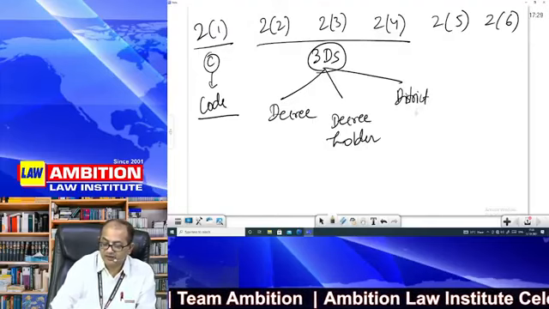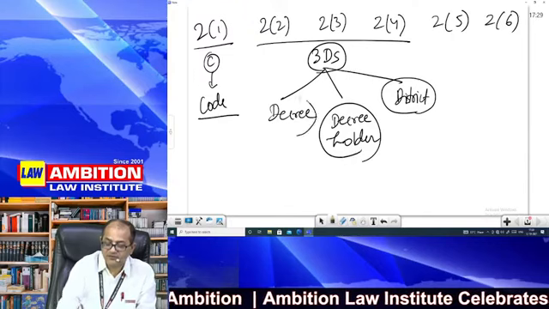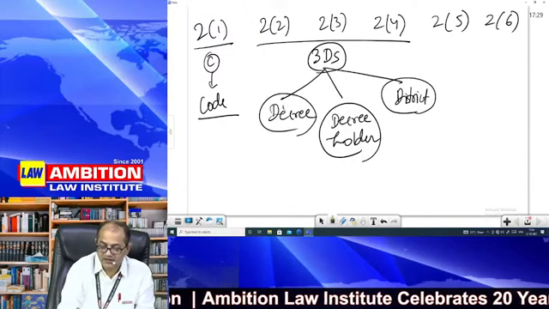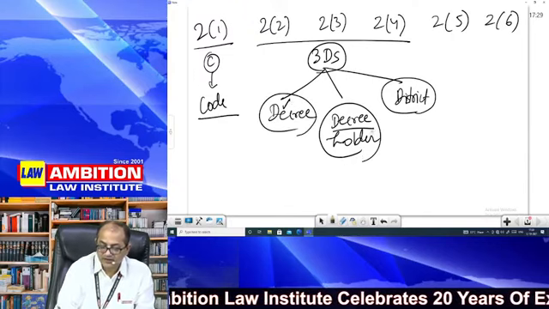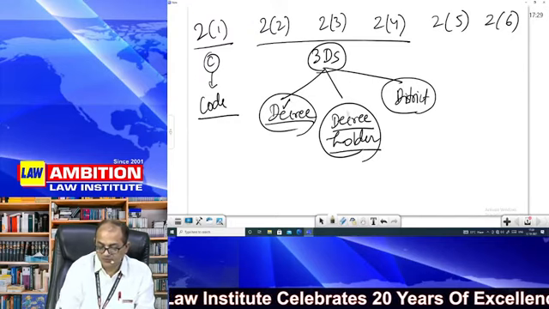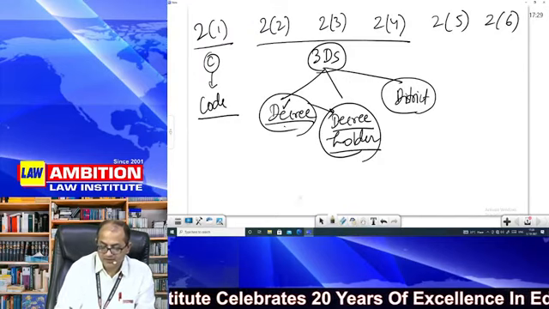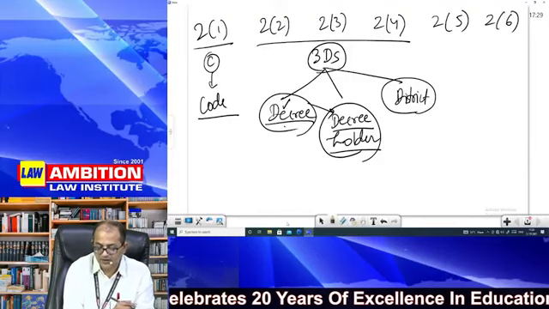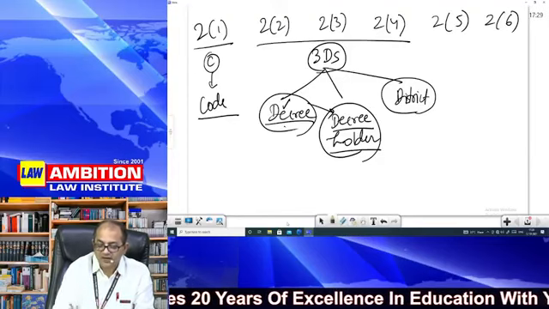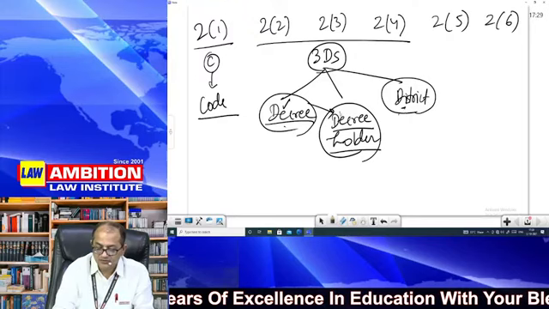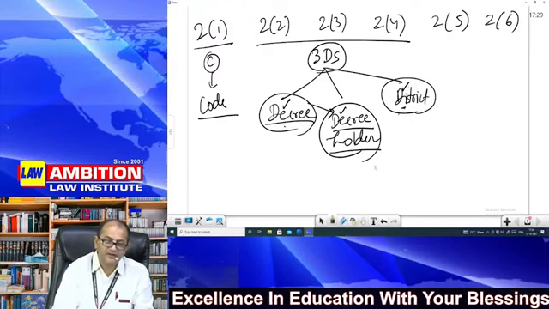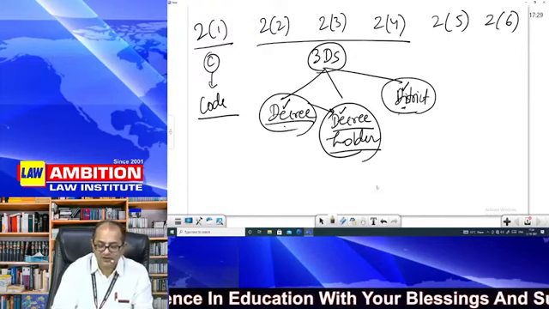Now you just write it randomly and think which will come first, which will come second. D, E will come first. Then decree, then holder, so it will come after decree. First decree will be there, then only decree holder will be there. And district, DI. So DE, then only DI. This is very simple. You can remember this.